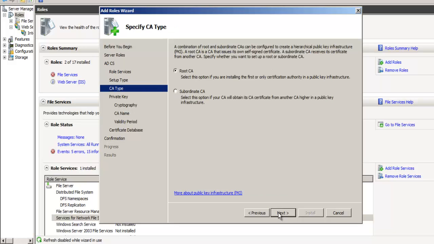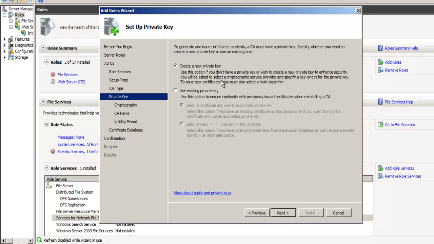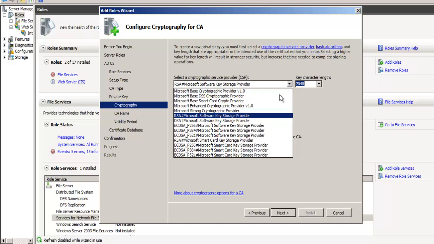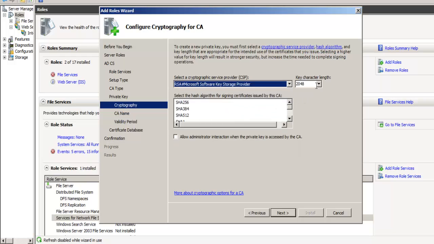and I will install a standalone certification authority. It will be the root, of course, and I will create a new private key. If you already have an existing private key, then you can choose this alternative. But in our case, we will create a new private key. In the next page, I will choose the cryptographic service provider. I will leave this as default, as well as the key size, and I will choose as a hash algorithm